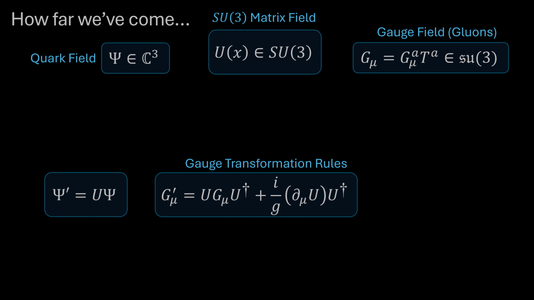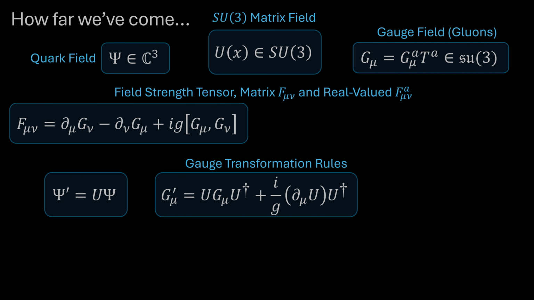So that's all fine and good, but then we thought, hey, wait a minute, we need to give the gauge field a life of its own in order for this to be credible and to make good physical sense. And so in part 4, we derived the concept of the field strength tensor for the strong force, and we found that it's very similar to the curl of electromagnetism that we know and love, but with a non-abelian upgrade that brings in the commutator of the gauge field.